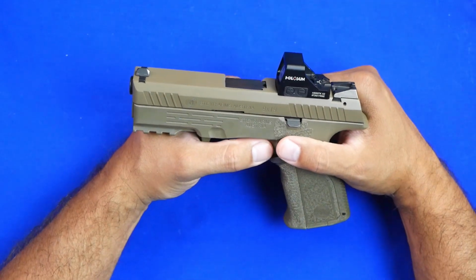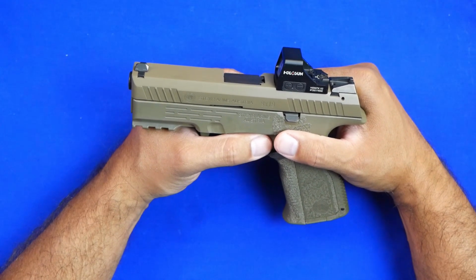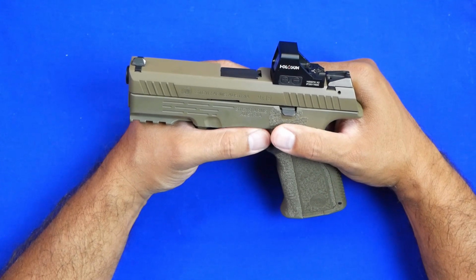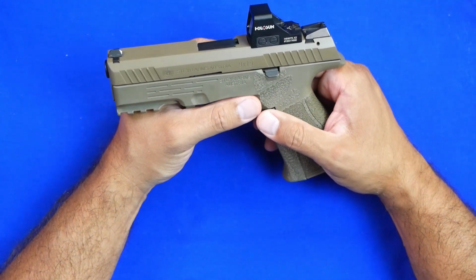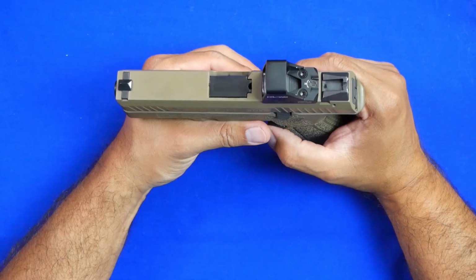Every single gun that is coming out obviously has an optic cut on it. And there are a lot of people out there who will say, if it doesn't have an optic cut, then it's not really worth getting. I don't know if I buy into that. I like having an optic cut, but I just like having the option if I want to use it or not. So in this case, when I wanted to reach out to somebody, I reached out to a